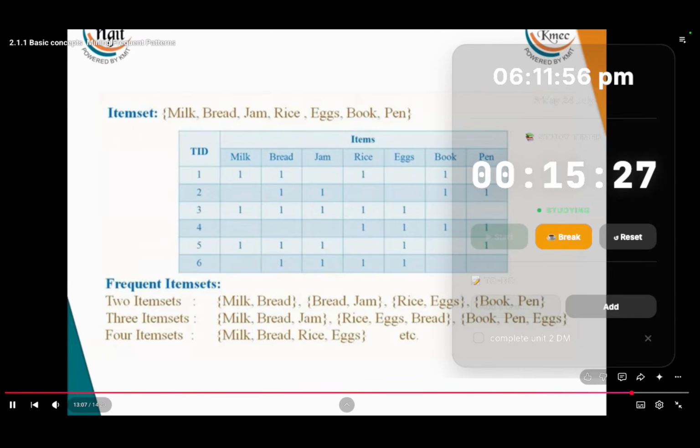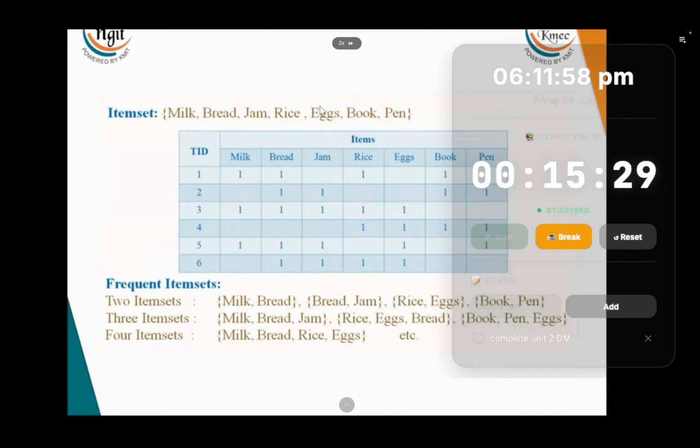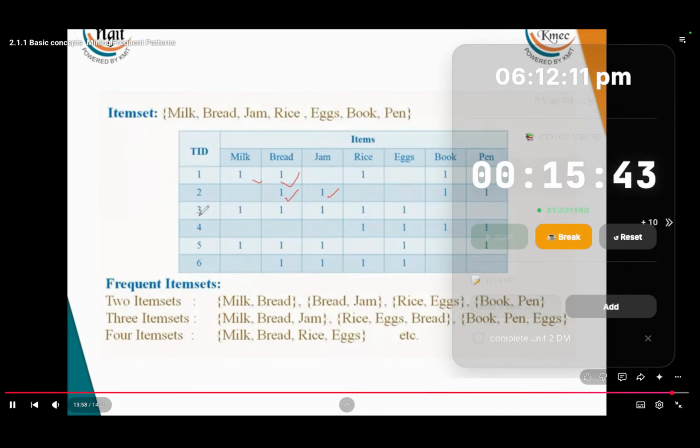So if I want to find two item sets, this is transaction one. In this transaction, we have milk and bread, right? So milk and bread are the two things in the transaction ID. So this will form a two item set, a two frequent item set. In a similar way, when you look at the second transaction, you can see that bread